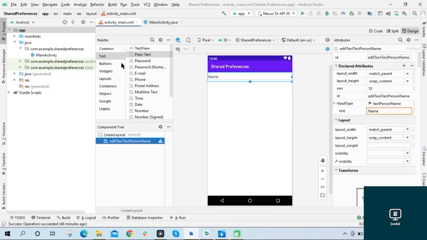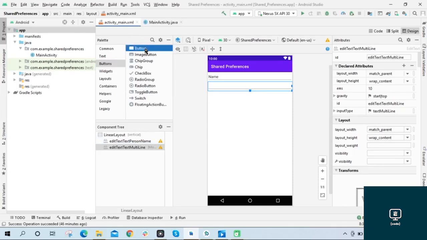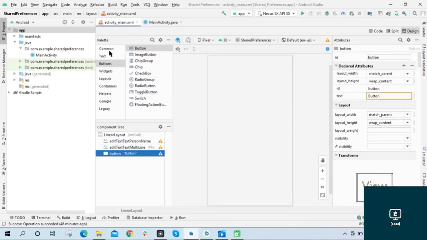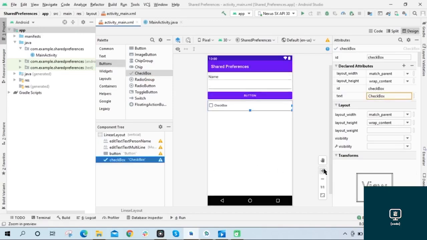1 multi-line text. Now, you know that multi-line edit text is used on the message applications, right? So the user can write a long text message using multi-line edit text. Also, I'm going to add 1 button and 1 checkbox. So now I have 4 components,